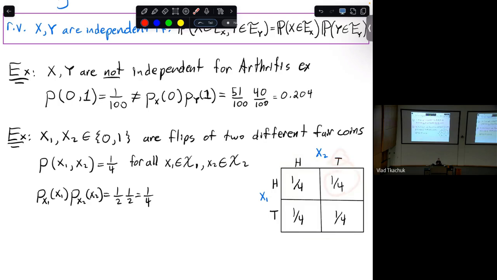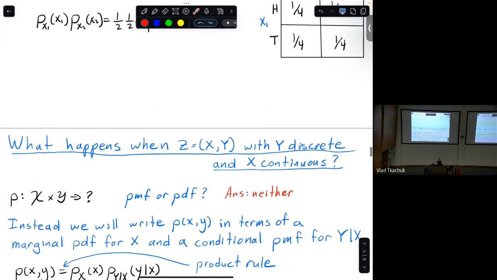And then you would find that, indeed, these coin flips are independent because they satisfy the property: for any x1 and x2, the joint probability is 1/4. And this is exactly equal to the probability of getting x1, some value, which is 1/2, times the probability of getting x2 as some other value, which is also 1/2. This is the probability of getting, let's say, heads or tails, and the other heads or tails, and that's also 1/4 at the end. So this mathematically shows that things are independent, as we would intuitively expect them to be. All right, so now we can